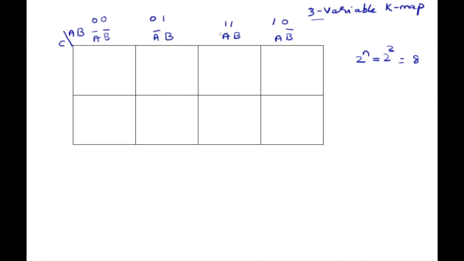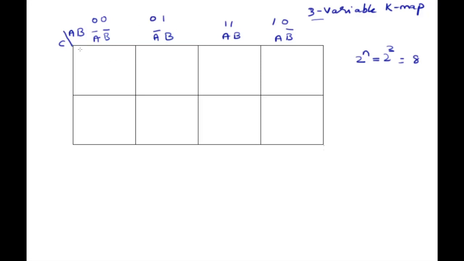So the next neighboring cell, here I have 0 1, here I have 1. The 1 stays as it is, but this 1 and here 0, there is a change in 1 bit. And here also there will be a change in 1 bit. Whereas if I write this here and this here, I have 2 bits change, so in that way I can't write. Always remember, in a K-map there should be a 1 bit change for the next state. So I represent this in this manner.